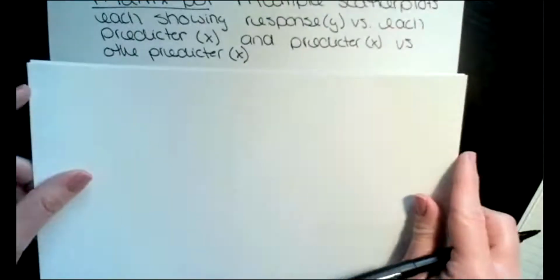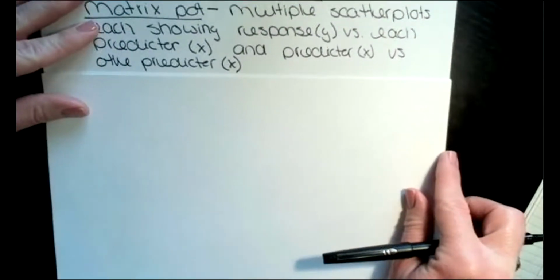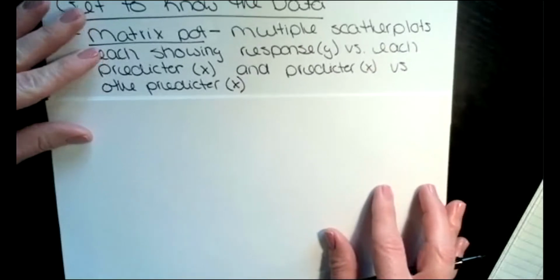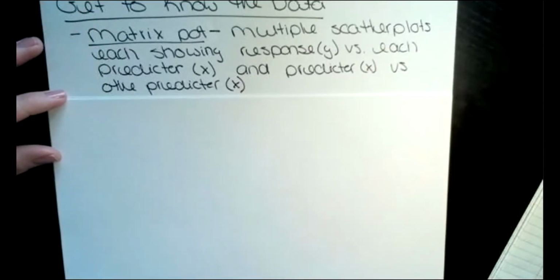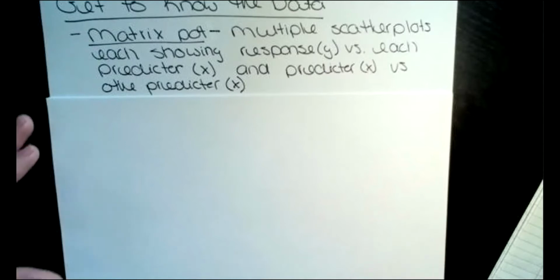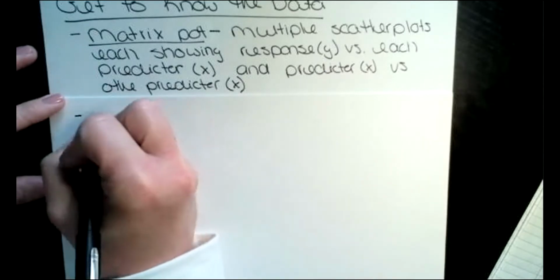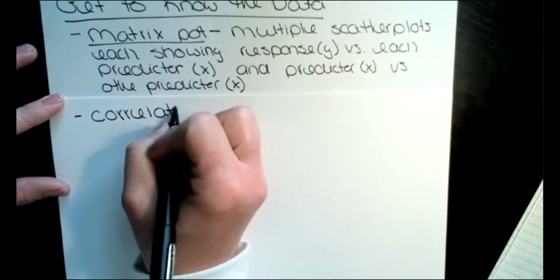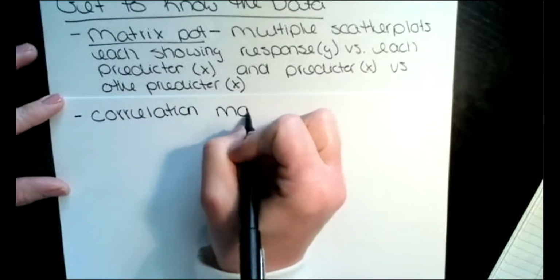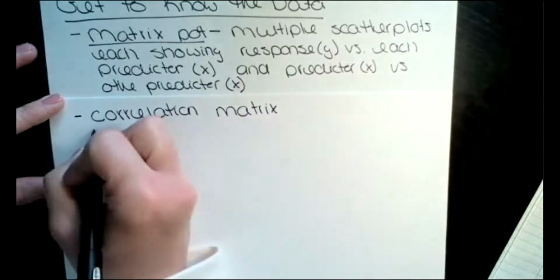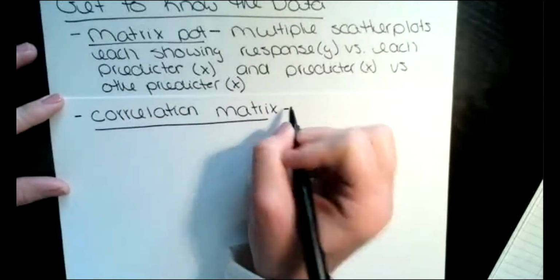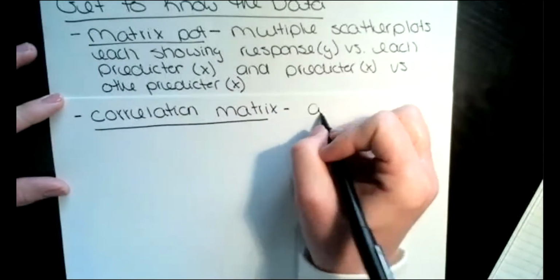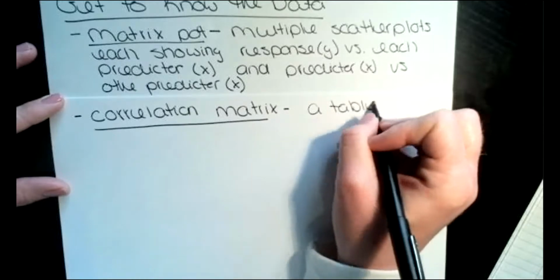But again, since we have multiple predictors, it's not going to be just one correlation value. We're going to get multiple. And so this will be our correlation matrix. So again, it's just going to be a matrix of all of these different values. So it's a table